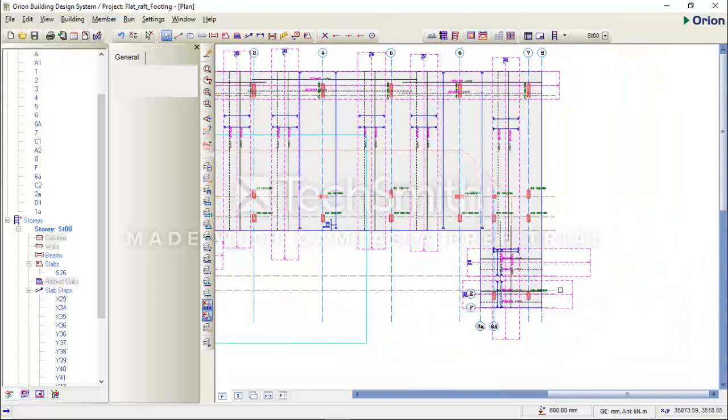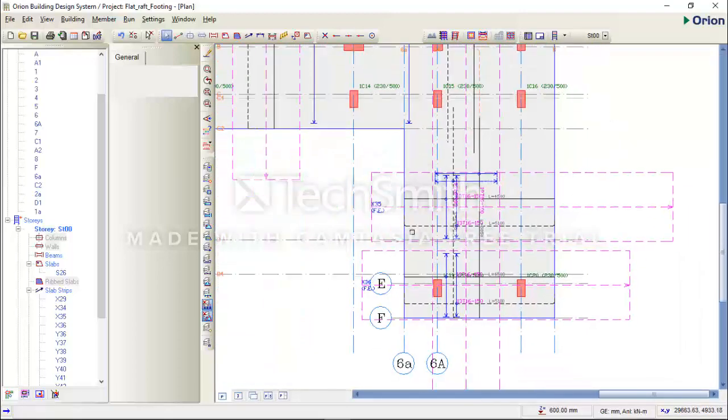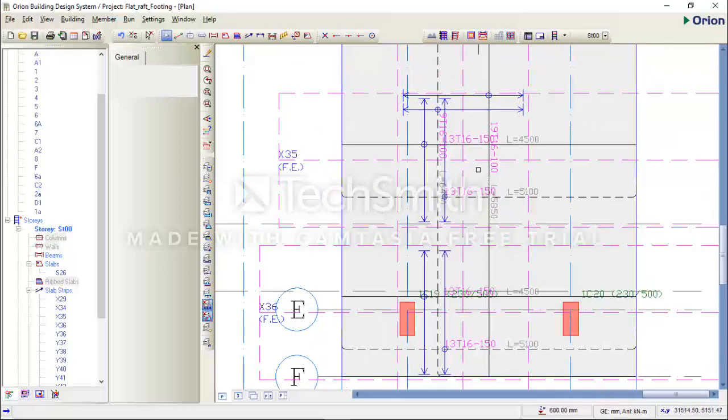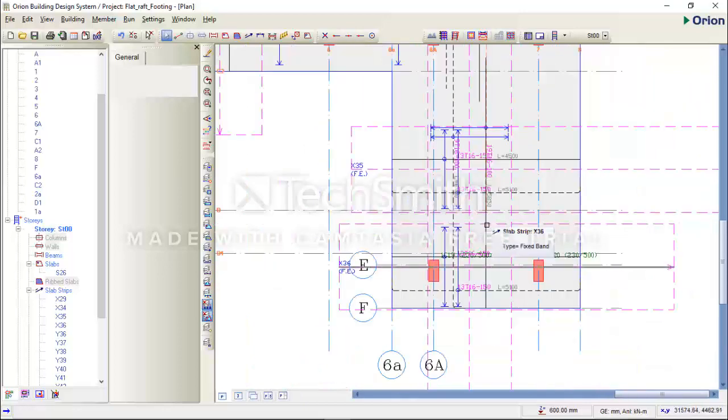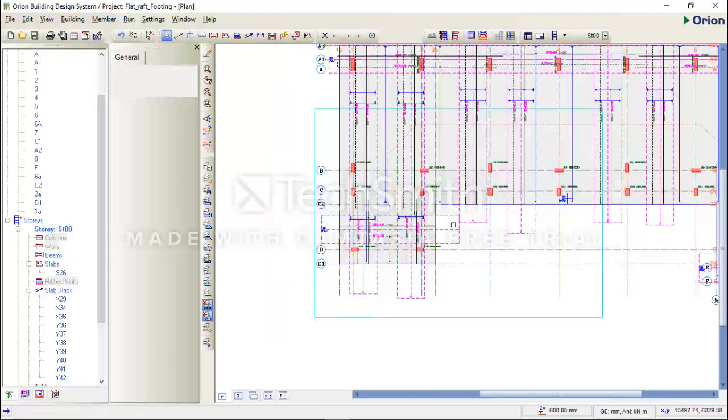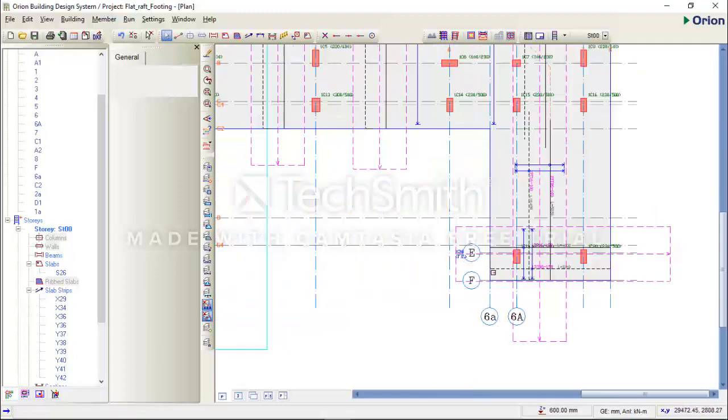I'll do the same thing to this edge. I have two FE analysis 150, 150, 150. The top and bottom are spaced at 150 mm center to center. So you only need one of these to specify reinforcement in this region, that is between grid line C2 and grid line F.